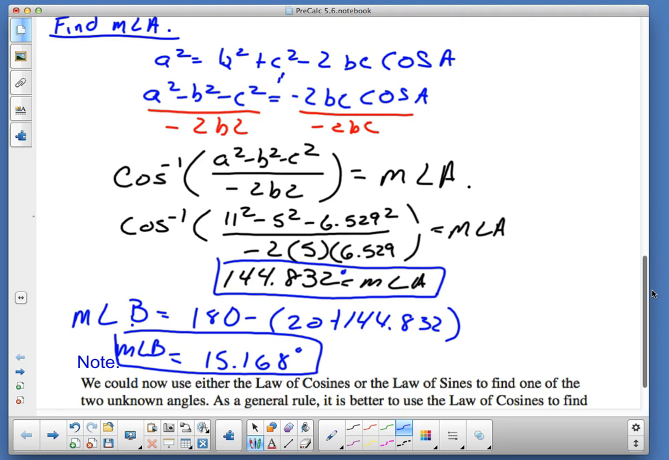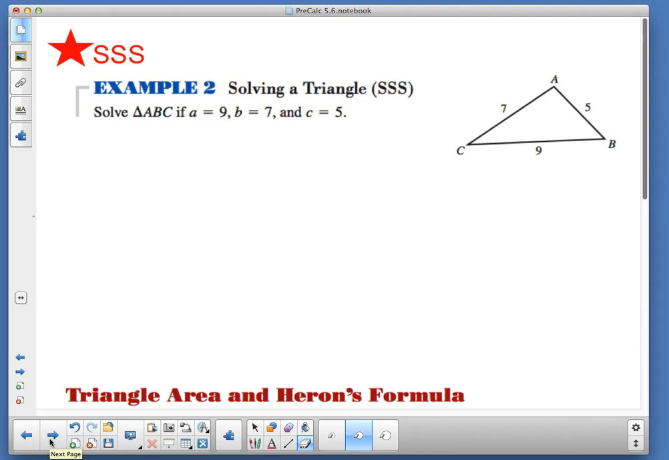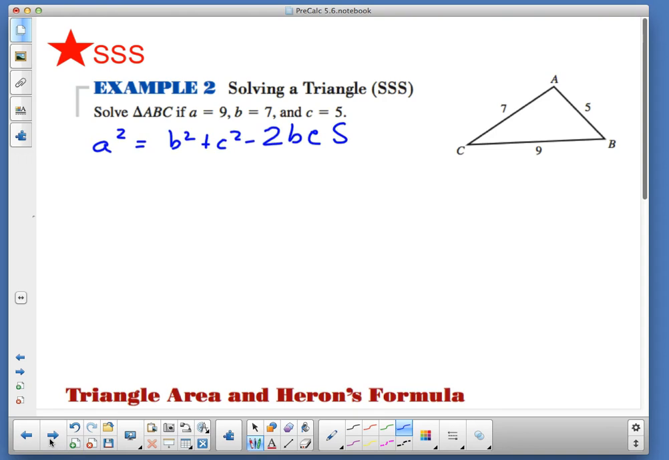Questions? Now, let's check out what's going on in solving a side, side, side, because you're given all 3 sides. Okay, on the next one. We'll get rid of this. And all I'm doing is, again, I'm finding angles on this. So if I'm finding angles, I'm looking at a squared is equal to b squared plus c squared minus 2bc